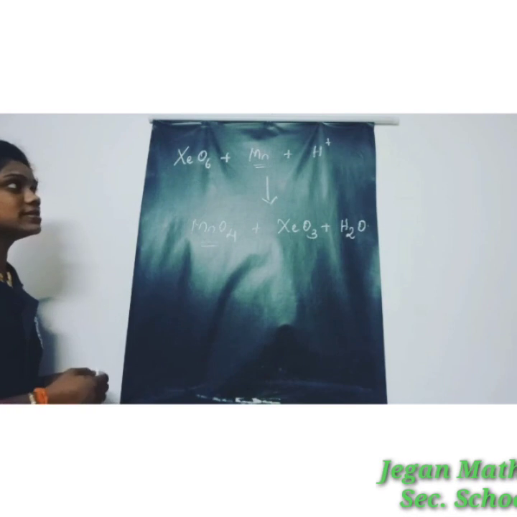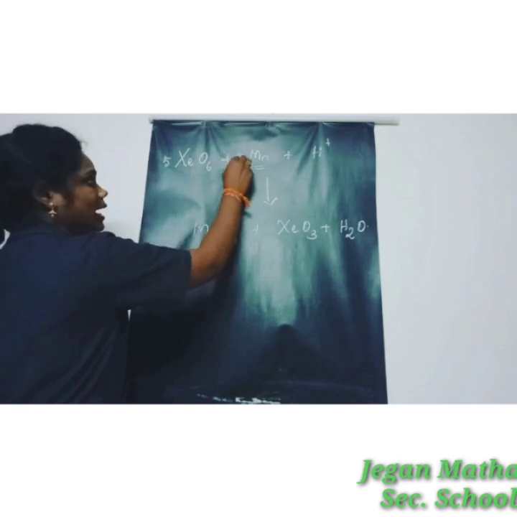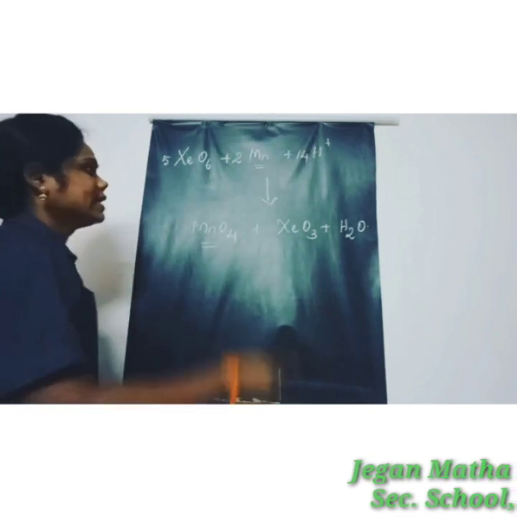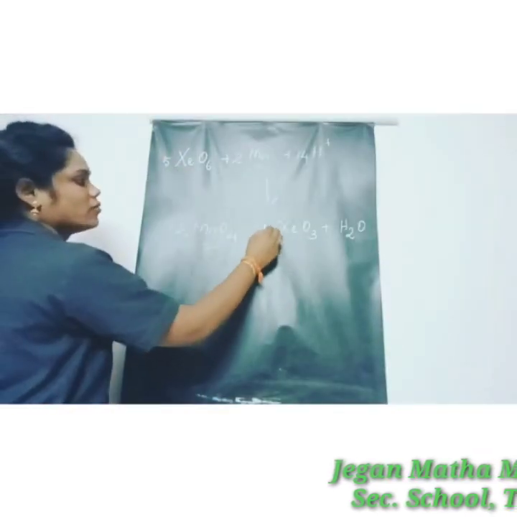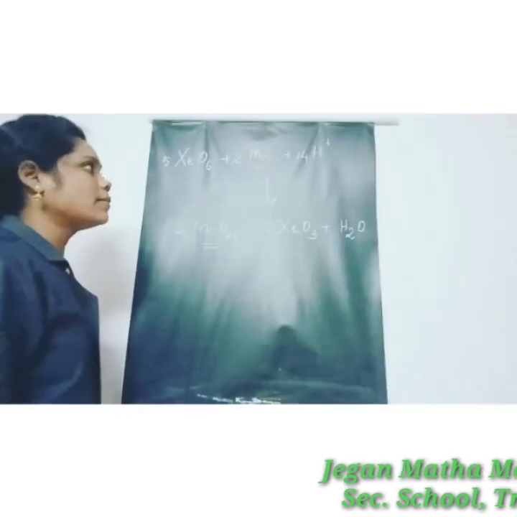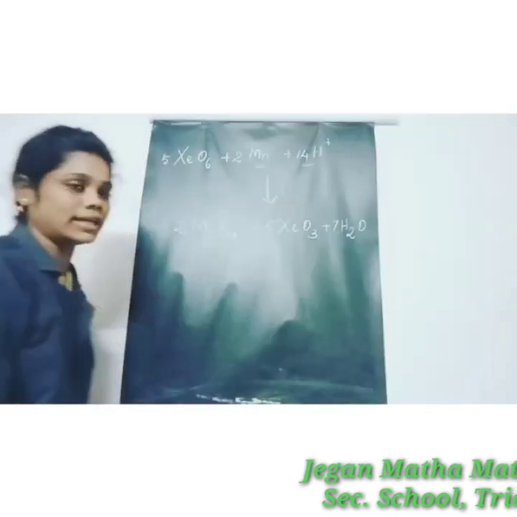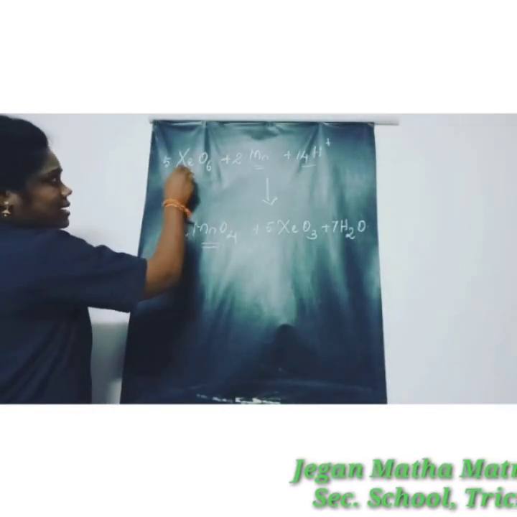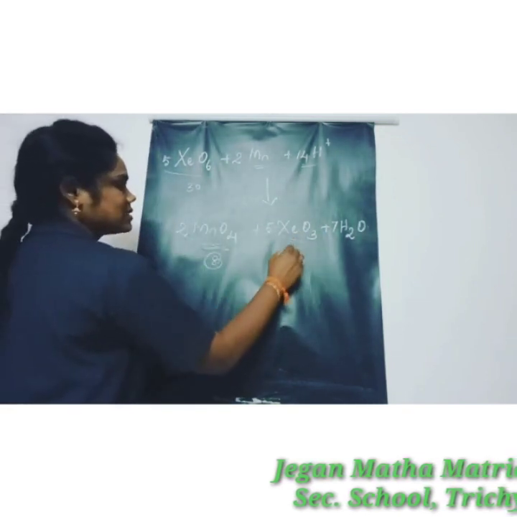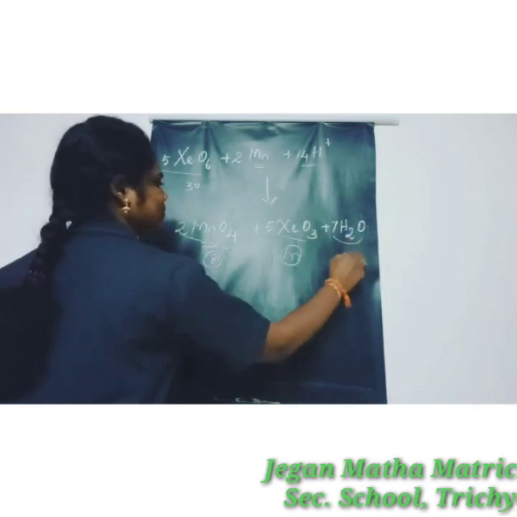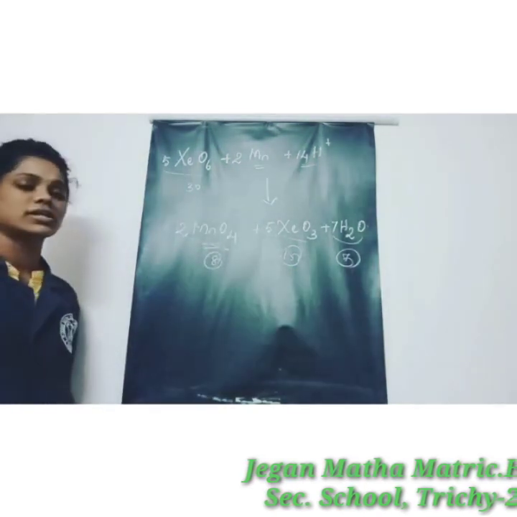Okay, so how to balance this equation? Here 5 times of xenon hexoxide, and next one is here 2 times, here 14 times are taken. Here manganese 2 times, so 2 times of manganese. Xenon here 5 times. And next one, water molecules. Water molecules here 14 times, so I take 7 times, 7 2s are 14. Now the remaining is oxygen: 5 6s are 30. Here oxygen 2 4s are 8, here 5 3s are 15, here 7 times, so 7, 8 plus 7, 15. 15 plus 15, 30. So oxygen is also balanced.